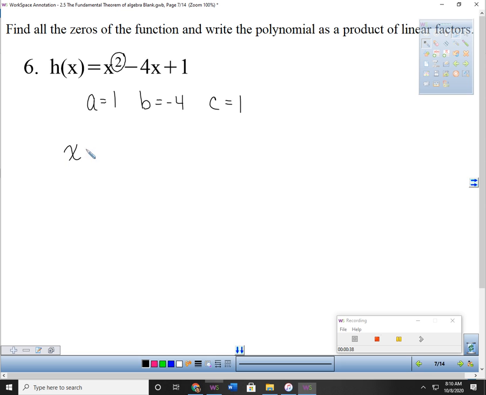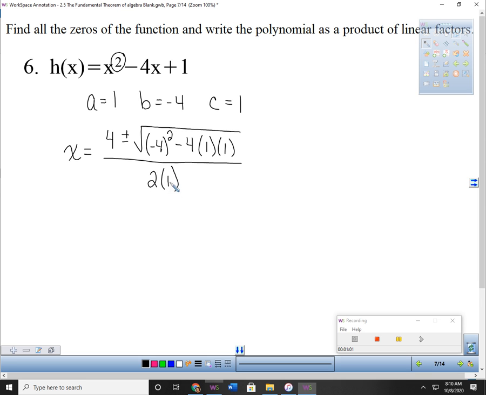So I have x is equal to the opposite of b, so 4 plus or minus the square root of b squared minus 4 times a times c, all over 2 times a. All right, so we'll start with underneath the root first, because if it's a negative number, then it's going to give us issues, right? So this would give me 16 minus 4, so that's actually going to be 12